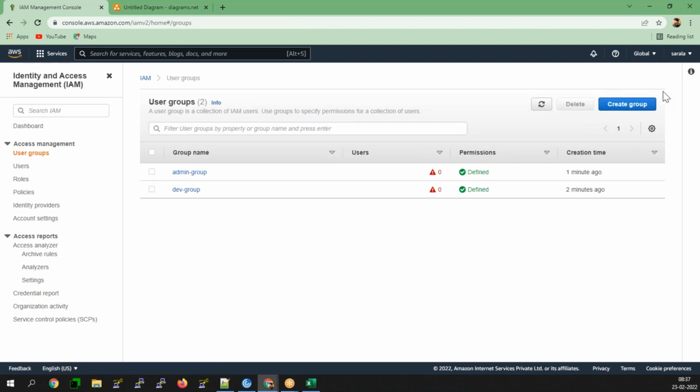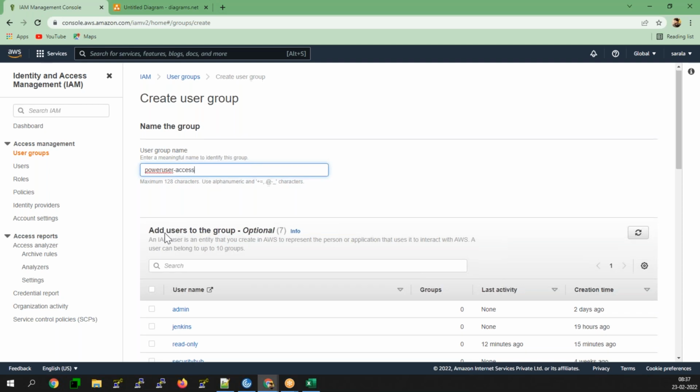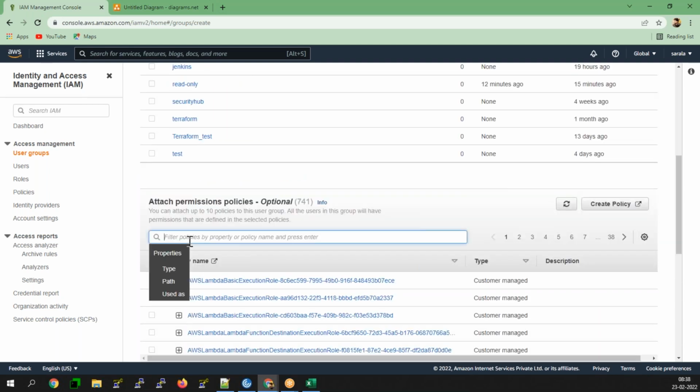This power user access will have the authority to perform operations in all the services except IAM. Let's create a power user access group and attach the policies only for power user here.